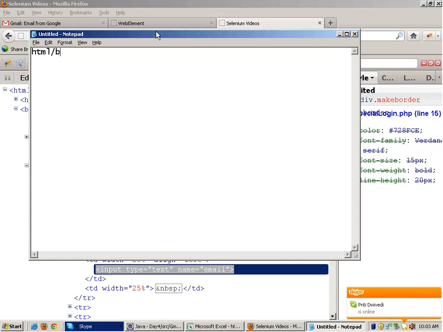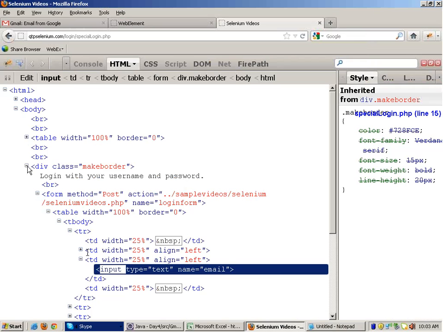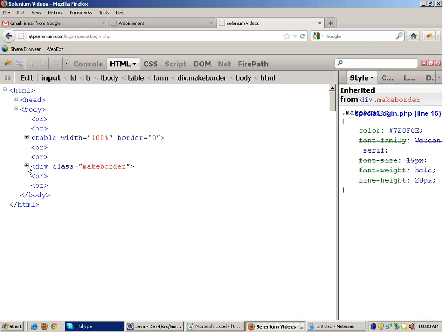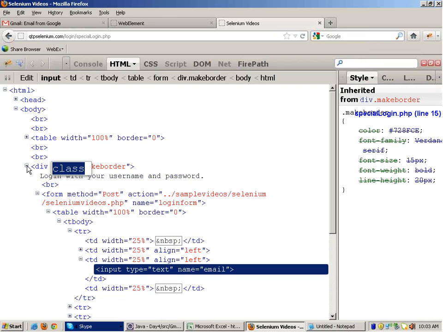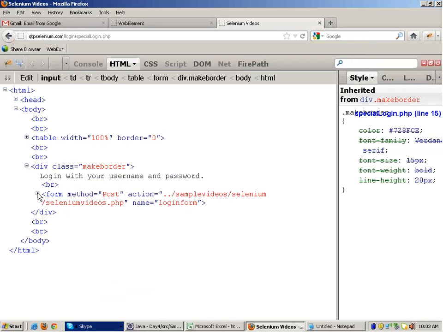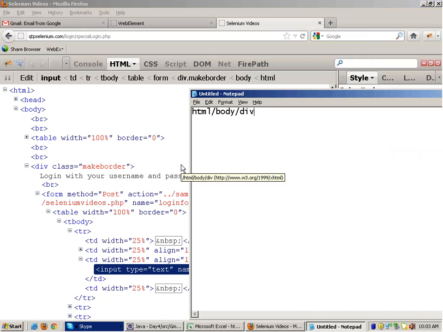First, the tag name is HTML. Inside the tag name, body. Okay, there is a body tag. Fine. Inside the body tag, this element is present inside this div. Right? So there is a div tag. Right? And after this div, there is a form tag in which the element is present, right? So there is a form tag,